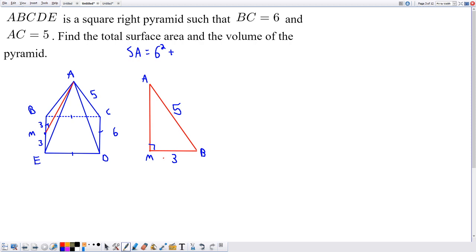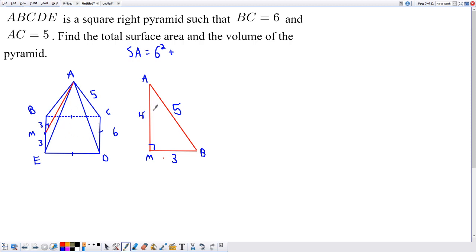Now I want to find the slant height AM. Well, you can use Pythagorean theorem, or hopefully we can see that it's a 3 and a 5 as the side length. So by Pythagorean theorem, we should know that it's going to be a 3, 4, 5 triangle. You could just do 5 squared, 25 minus 9 is 16, square root is 4. But anyway, we get that AM, the height, is 4, which means the height of the triangle on each face